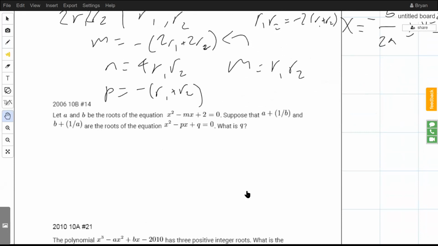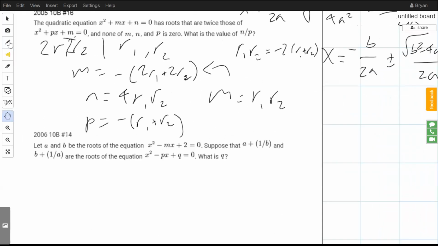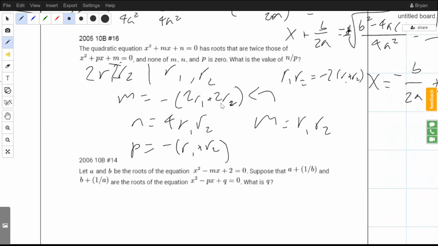Okay, well, did we at least solve this problem right here? This problem. Well, I'm just going to assume we did, and the answer was 8. Anyway,